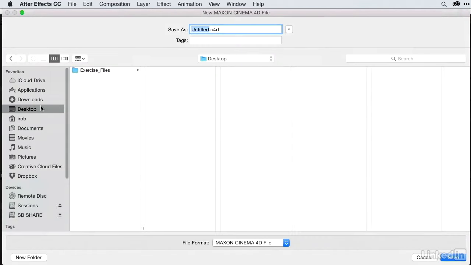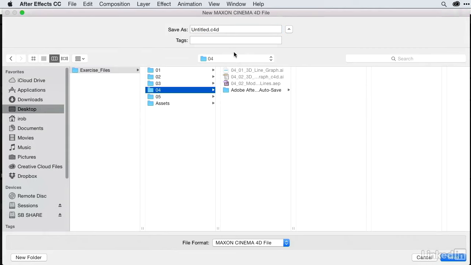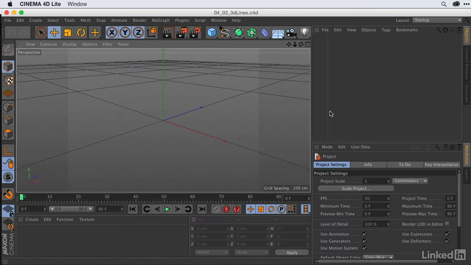Now I recommend saving this file next to your After Effects project. So let's navigate in our exercise files to the 04 folder, and in there, let's go ahead and save this as 04_03_3D lines. And then click Save. Cinema 4D Lite will open, and I want you to look in the lower right corner